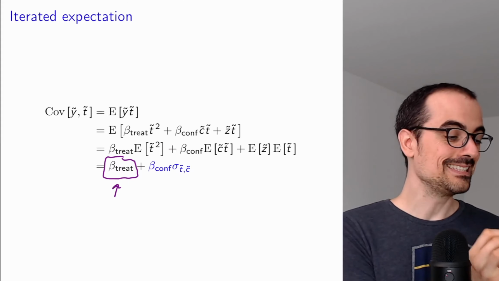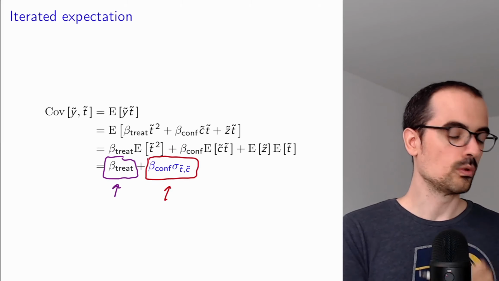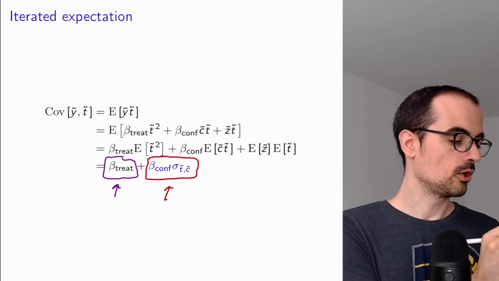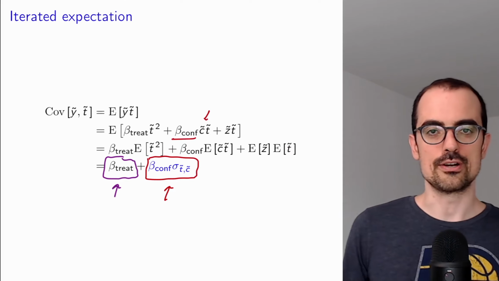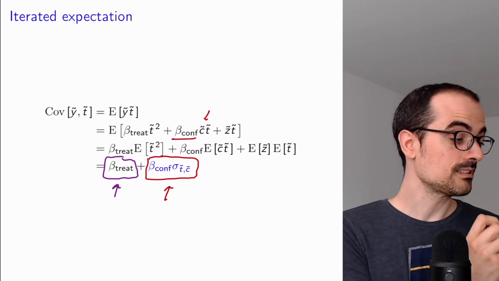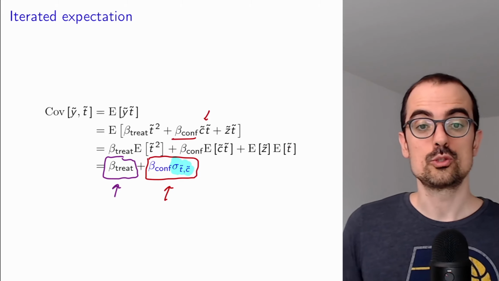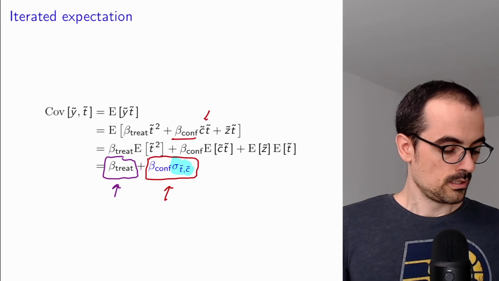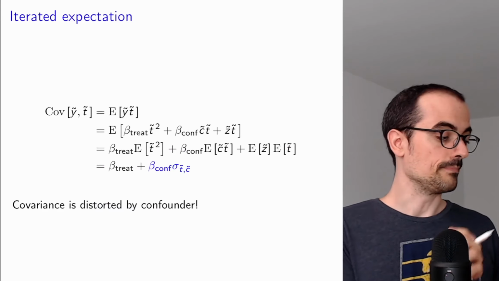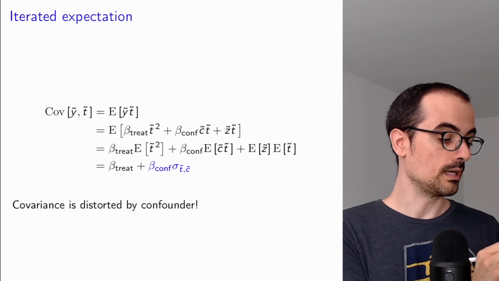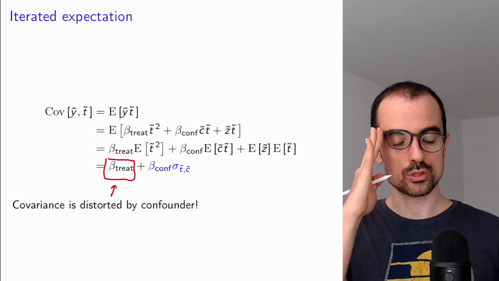But we also have an additional quantity that is equal to the coefficient multiplying the confounder, which just shows how strongly the confounder affects the potential outcomes, times the correlation between the treatment and the confounder. So the covariance is distorted by the confounder. Look at this. If we want to see under what situations the covariance actually reflects the true causal effect, well,